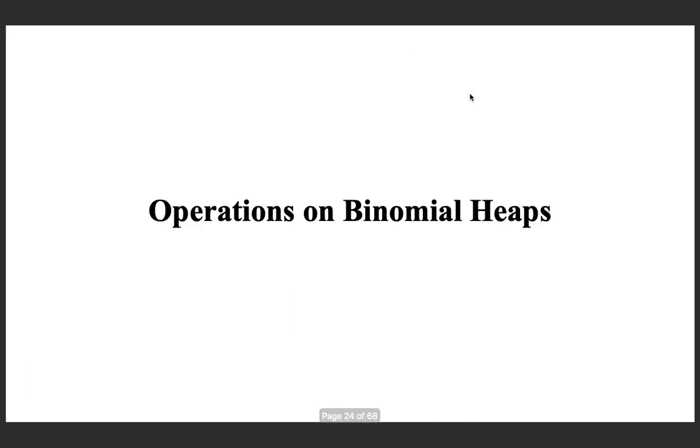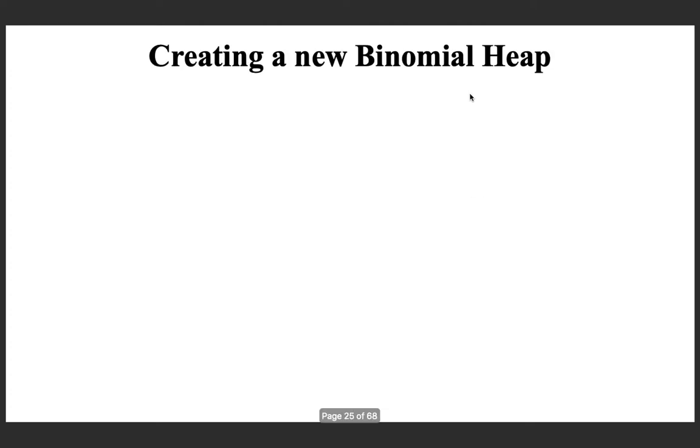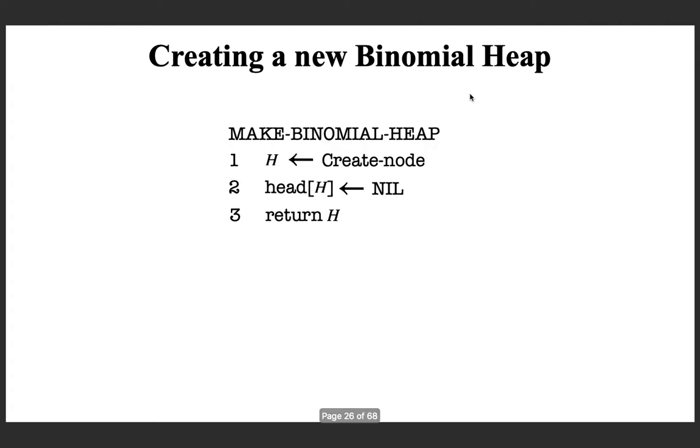Now we can look at operations on binomial heaps. The first operation that we are going to see is an operation to create a new binomial heap. And I am showing you the procedure that I copied from the textbook. And what is it doing?